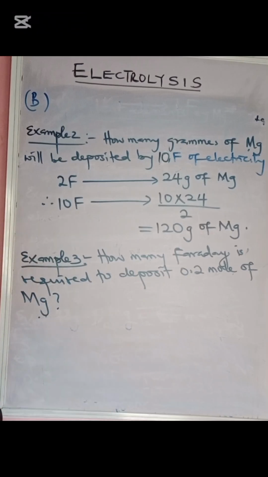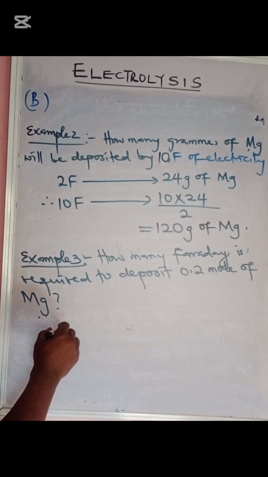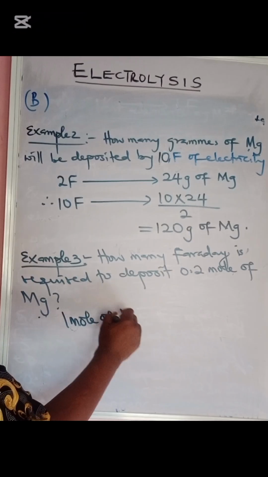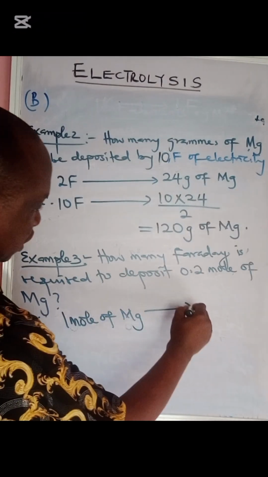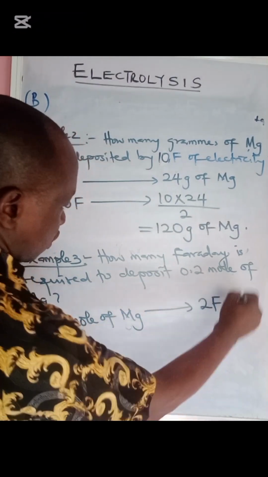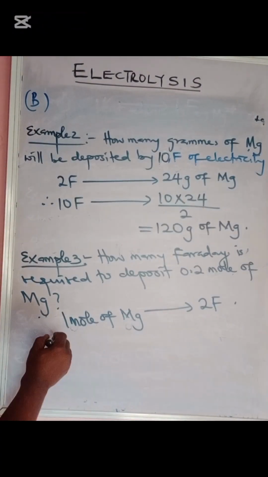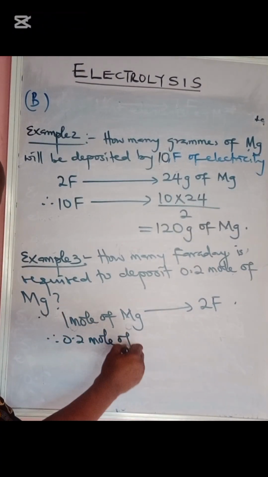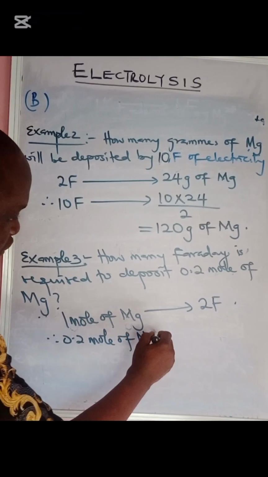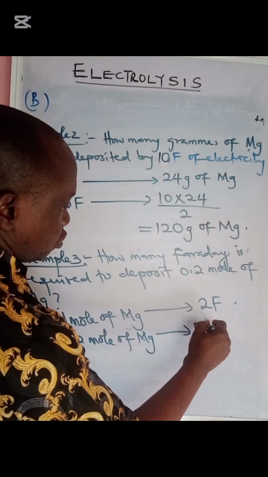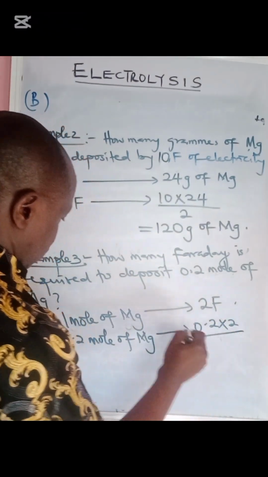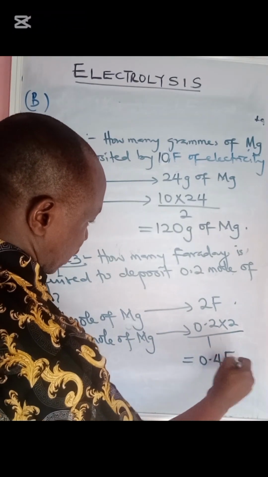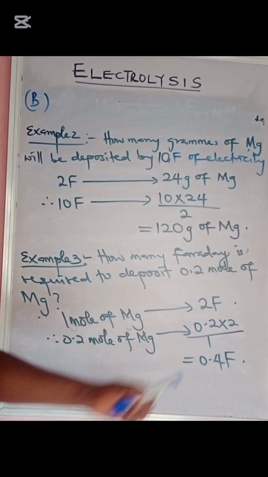Remember, 1 mole of magnesium will require 2 Faraday of electricity. Therefore, 0.2 mole of magnesium will require 0.2 times 2 divided by 1. So the answer will be 0.4 Faraday, which you can convert to Coulomb